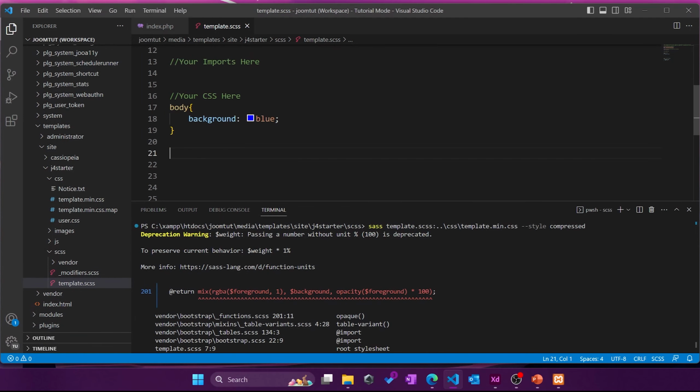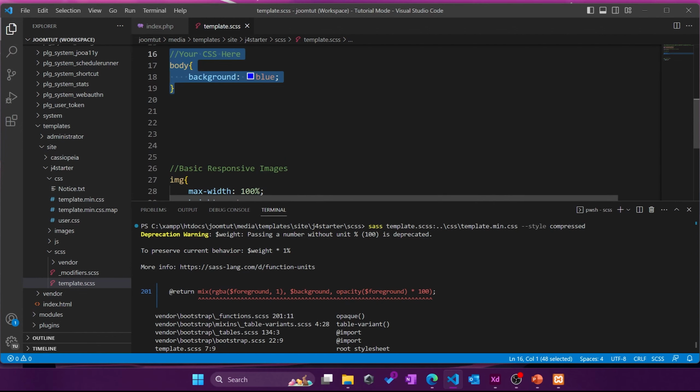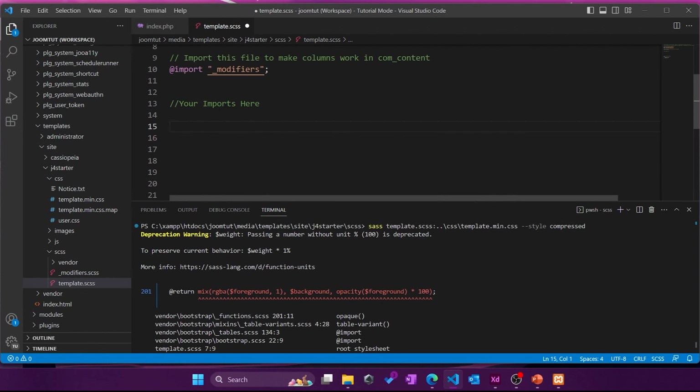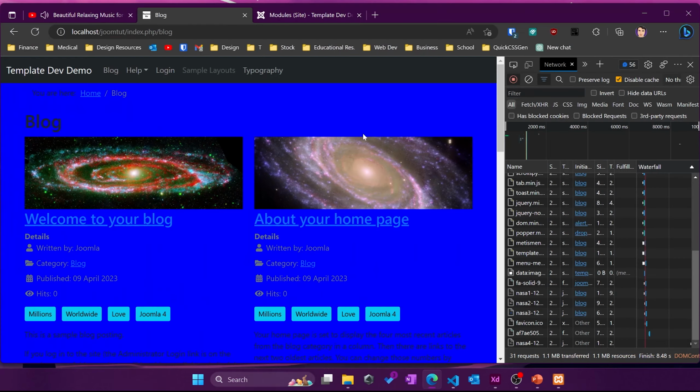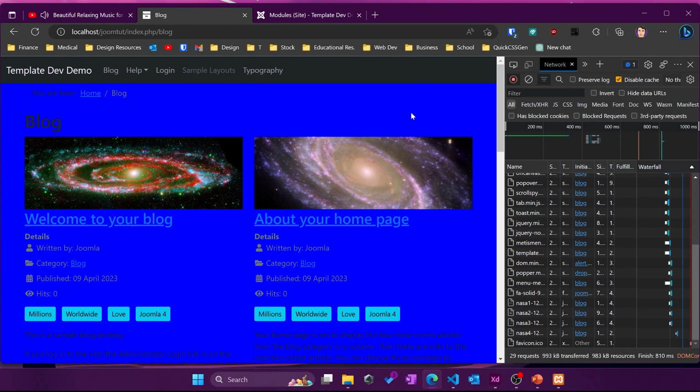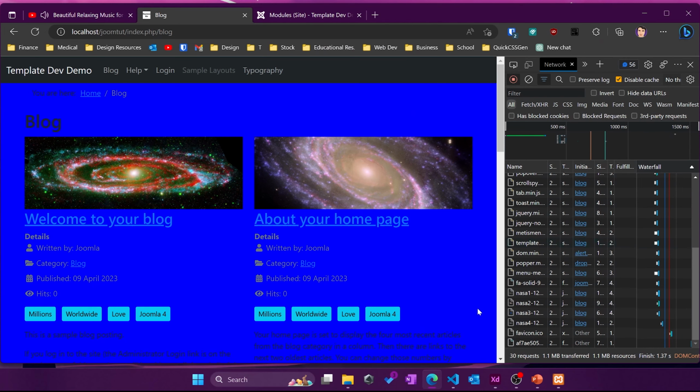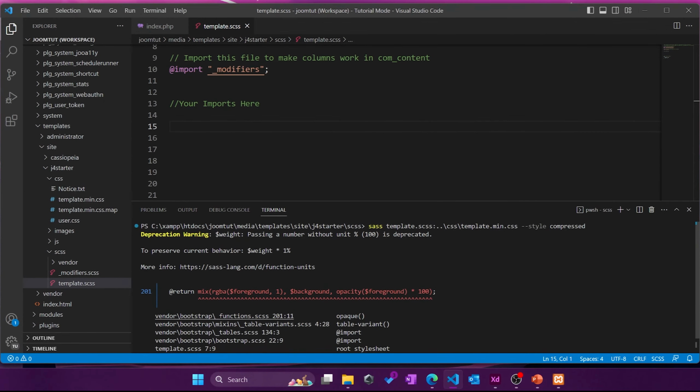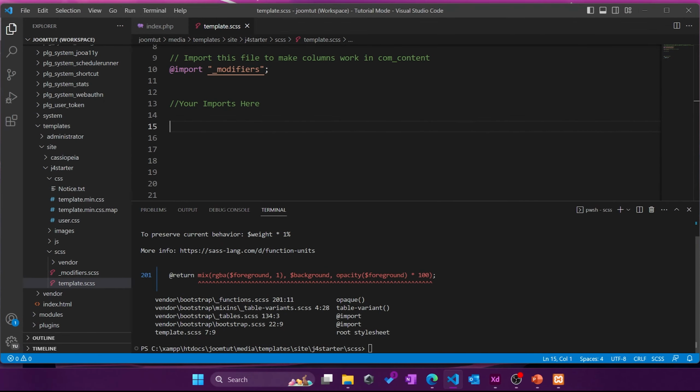But what happens if, say, I want to delete that background, right? If I go back to template.scss and I no longer want it to be blue, I save that. If I refresh, it's not going to do anything because I did not update my template.min.css file. Now, I could go back to the terminal and I could hit the up arrow and rerun the command every single time I make a change, which is certainly something you can do. But the easier option here